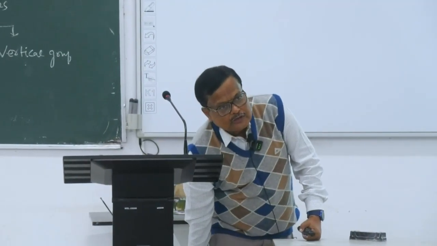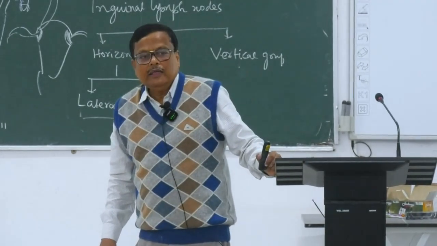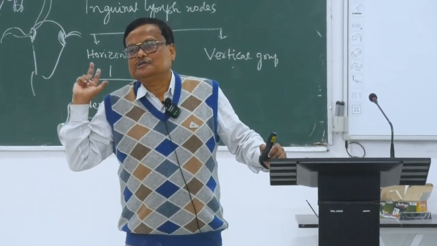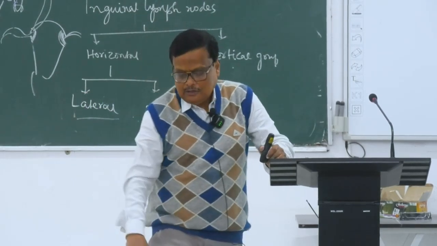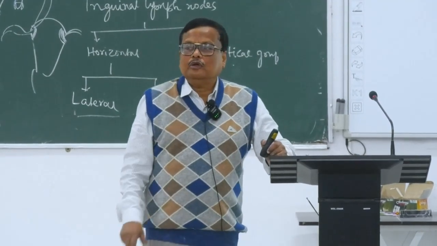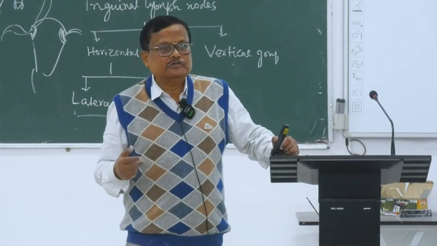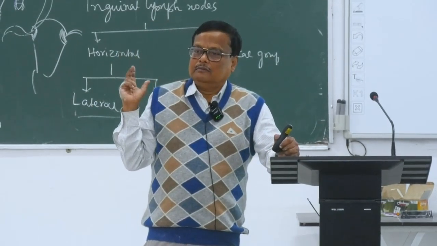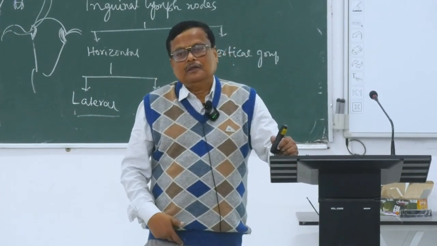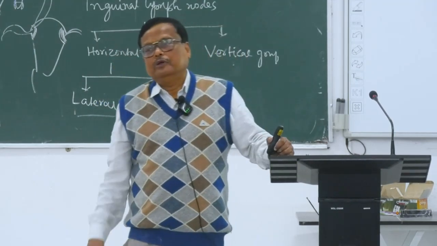Popliteal lymph nodes is situated here in the popliteal fossa, and it is a peculiar lymph node. Why? Because it drains both superficial and deep lymph vessels. Superficial ki? Superficial of the leg region, along the territory of the small saphenous vein. Deep ki? Along the posterior tibial and anterior tibial vessels, means deep lymphatics of the leg. আর এন্ড কোথায় হচ্ছে? ইফারেন্ট ইন দ্য ডিপ গ্রুপ অফ ইঙ্গুনাল লিম্ফ নোডস।